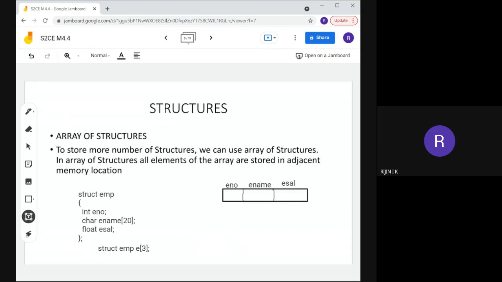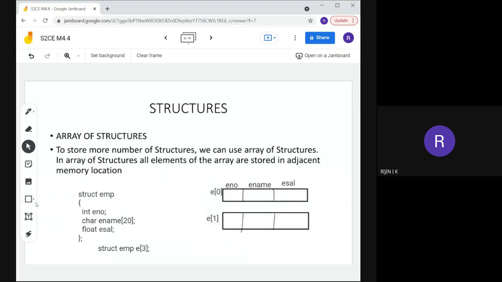First, it will create e of 3. That means it will create an employee record for e of 0. Then it will create another record in the same way, containing employee number, employee name, and salary, whose index is e of 1.